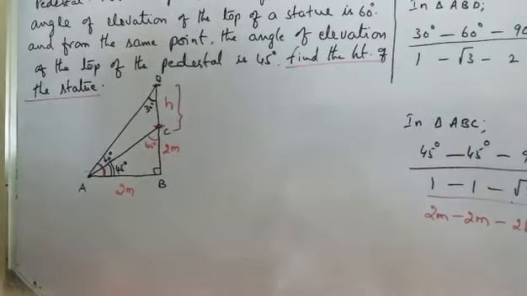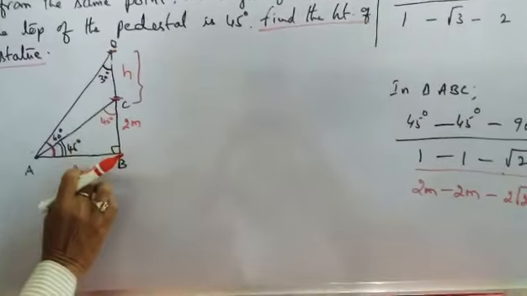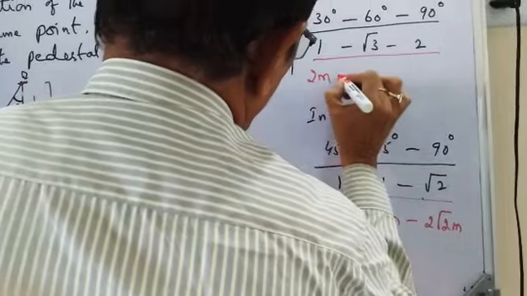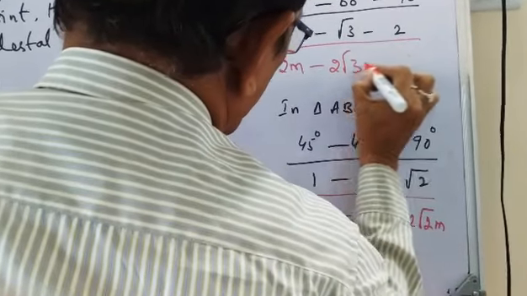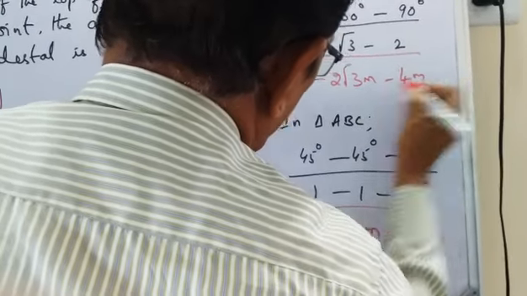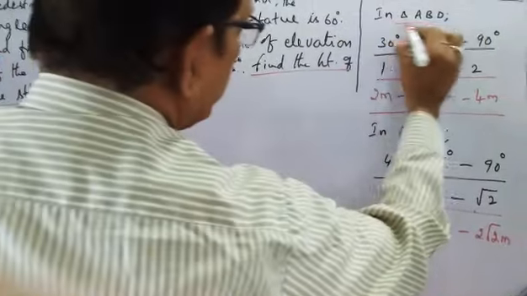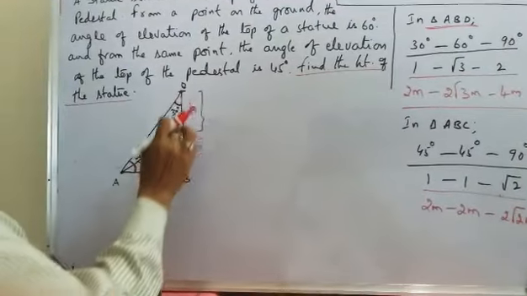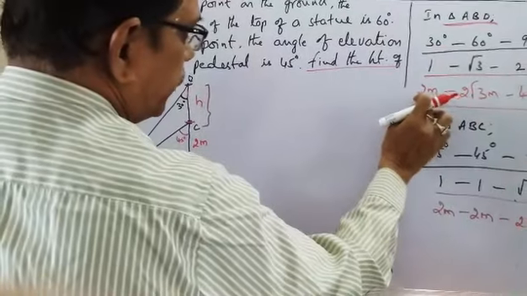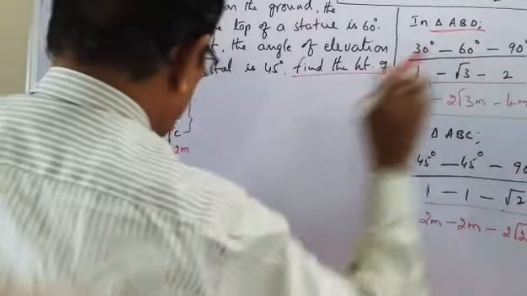Is it clear now? Now in triangle ABD, this is 30 degrees, the side opposite to 30 is equal to 2. So here this is 2 meters, this is 2√3 meters, and this is 2 twos are 4 meters. Is it clear, all of you? In triangle ABD, the side opposite to 30 degrees is AB, so it is 2. So here one part is equal to 2 meters. Root 3 means 2 into root 3, 2√3 meters, 2 into 2, this is 4 meters.